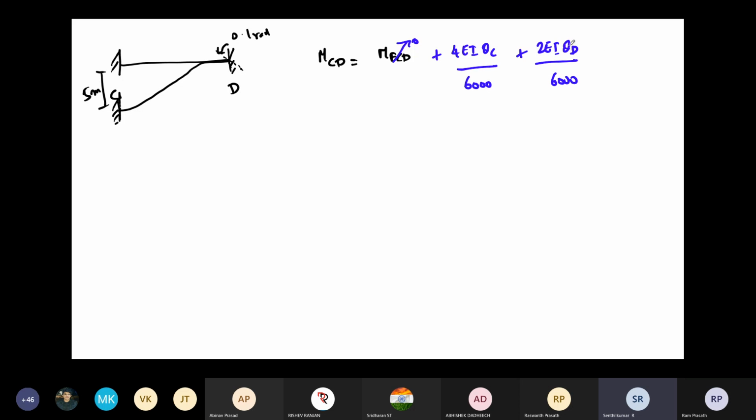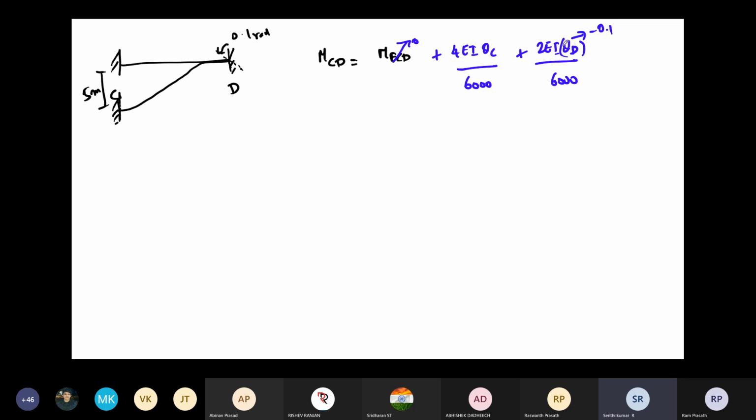Okay. And then what is theta D actually? Theta D is minus 0.1, that is already given. Theta D rotates minus 0.1. That value we have to put. Actually, generally, what is D? The support is fixed, so we don't have any slope, but the fixed support itself rotates this much. The theta D value is already given, that is your 0.1.